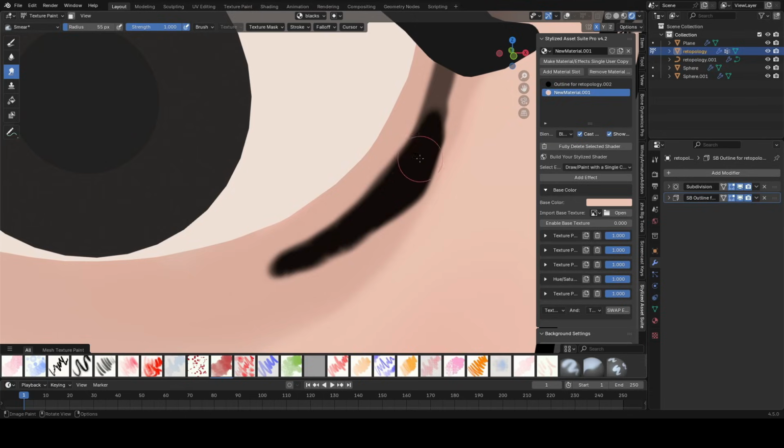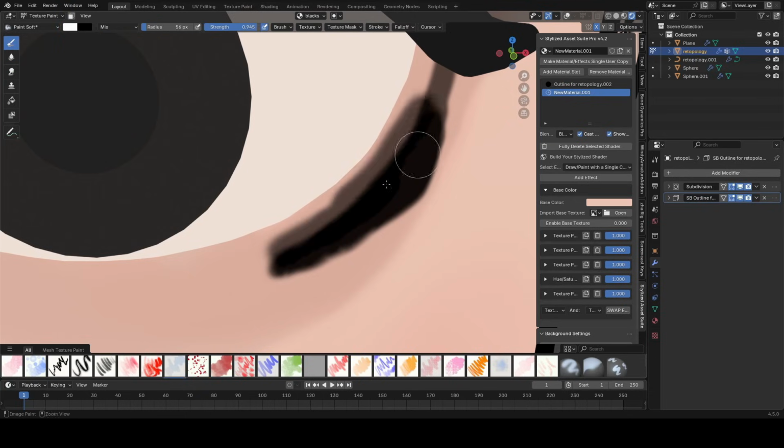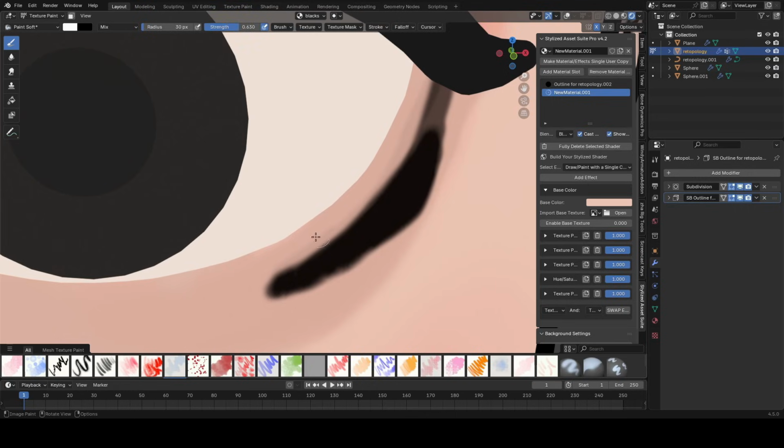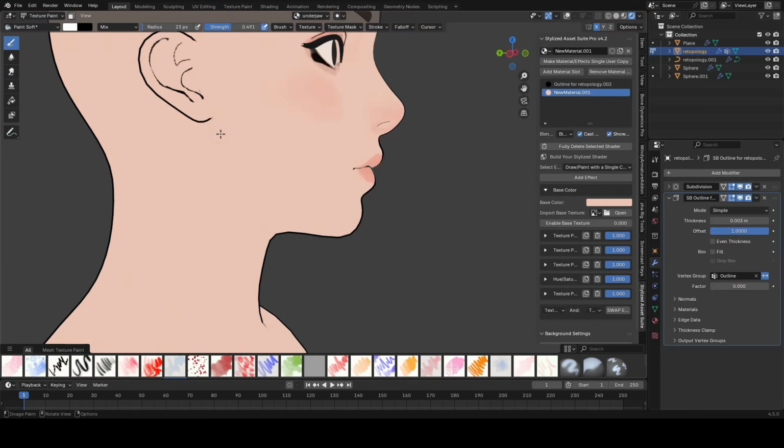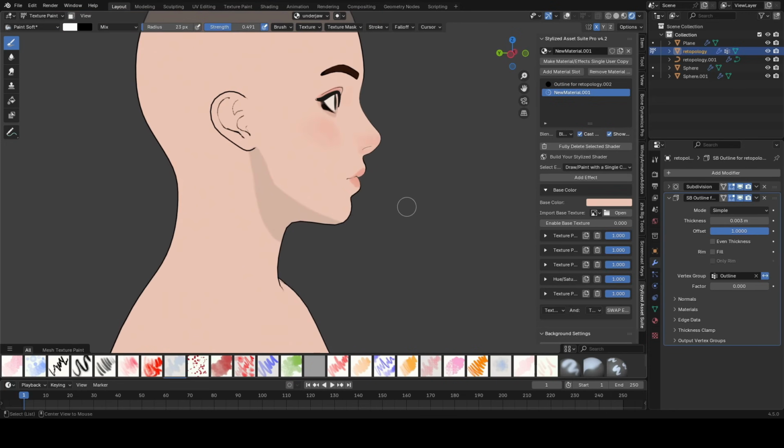So on the side of her eye, you can see I added in a lot of darkness here, and around where the eye meets the edge of the skin, I added in some darkness there as well. What adding in the black does, of course, is add a lot of beauty to the character. From there, I added in some shadows, like underneath the jaw, underneath the eye as well, which I did using